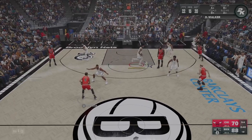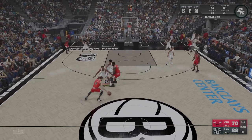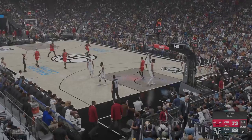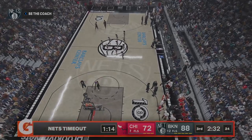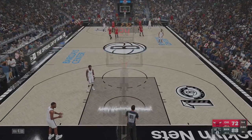Here's Levine. Drummond, the screen on Warren. And Levine, here we go. Oh, and the jam by Levine. This is what we've come to expect from Zach LaVine. Poetry in air. Brooklyn making some changes. Durant, he's checked in for Walker. And Harris is...